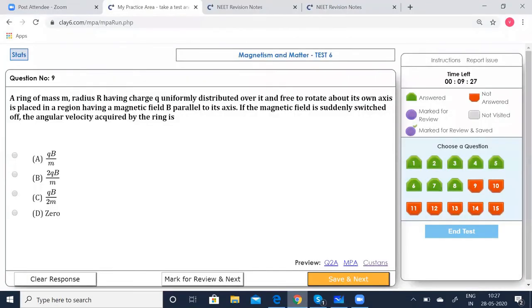If the magnetic field is suddenly switched off, then the angular velocity acquired by the ring is...